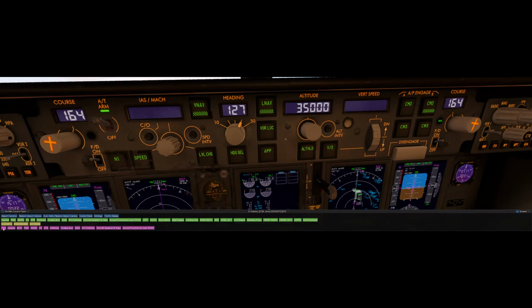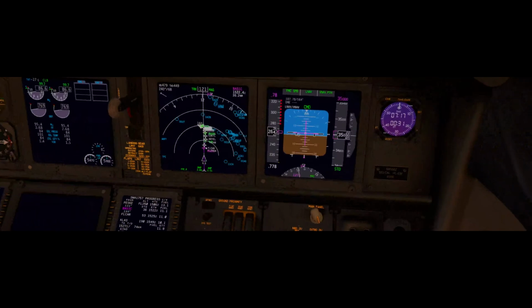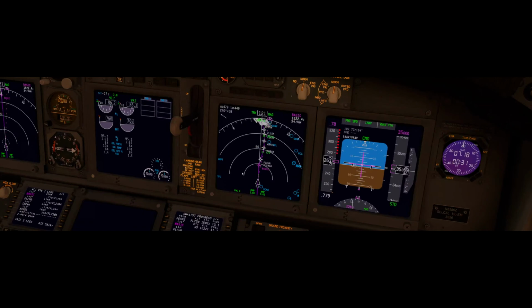Now we are almost approaching our top of descent. Oh, wow, the sun is rising. Almost approaching top of descent, about 80 miles. So I need to do some preparation for the descent and landing. First of all, we're gonna grab the latest weather for